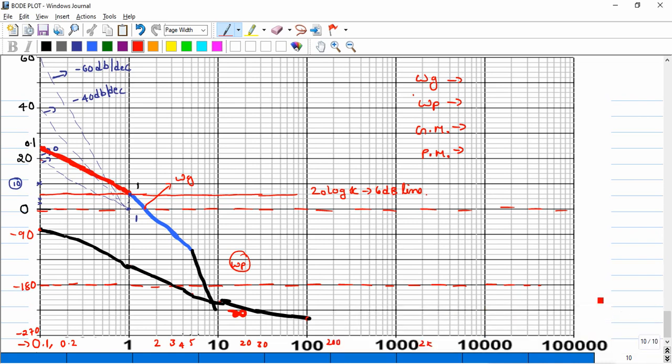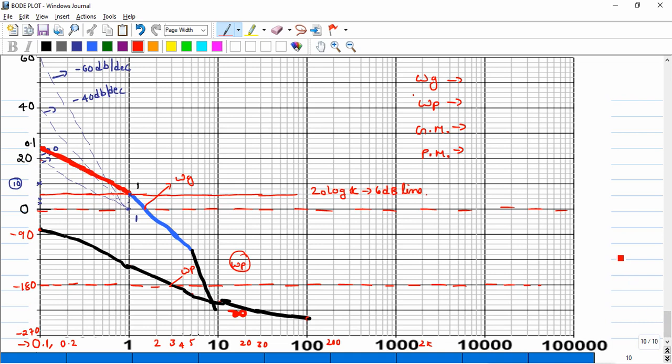So let me continue here itself. I will complete this problem. I was about to discuss, so the magnitude plot will cross the 0 dB line, so that particular point we call it as omega g, and phase angle will cross the 180 degree line. We call this particular reference as omega p, that is phase crossover frequency. So very simple to measure.